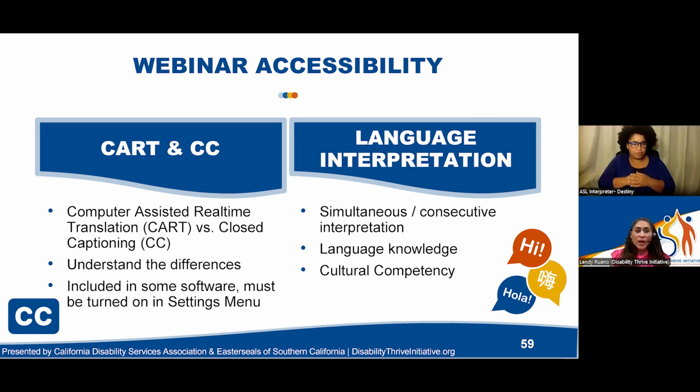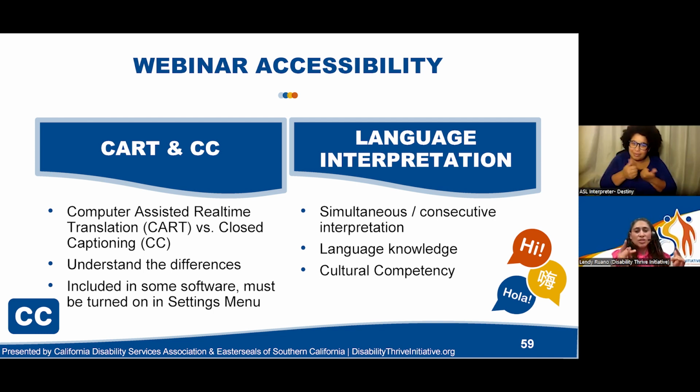Now, you do have software that provides this for you for free, and some of that would be like Zoom. If you go to Zoom, go to the settings, you select closed captioning on, and voila, here you go. You have closed captioning. But with this, keep in mind that you do risk